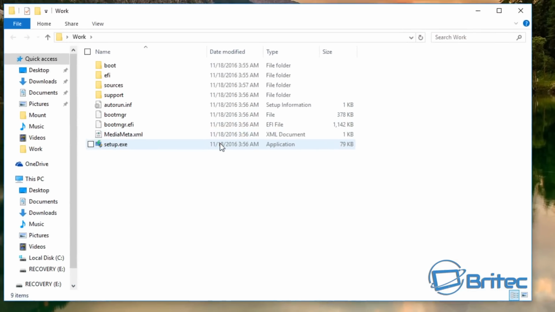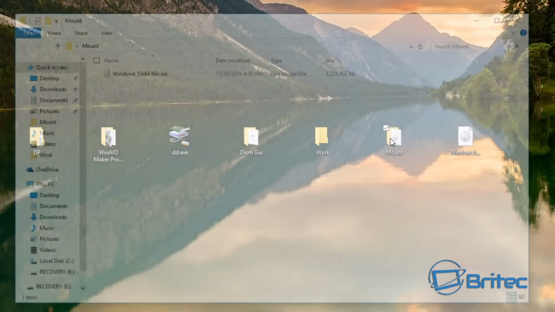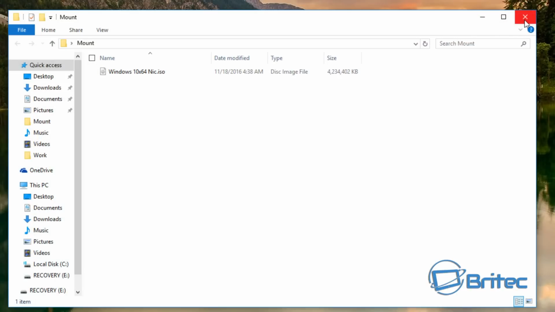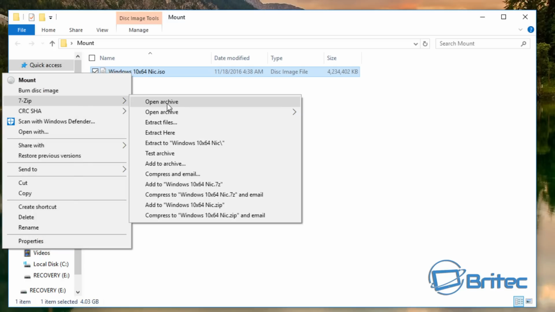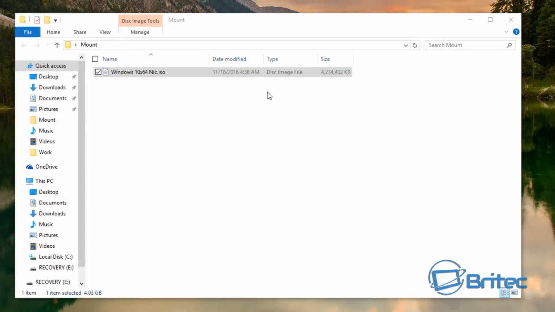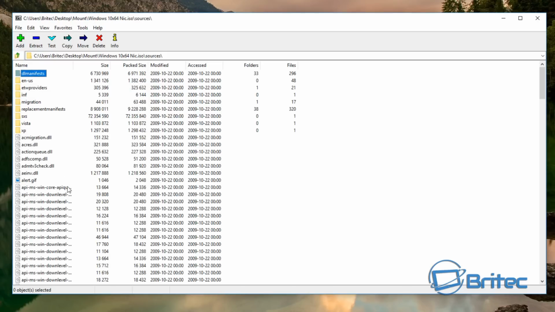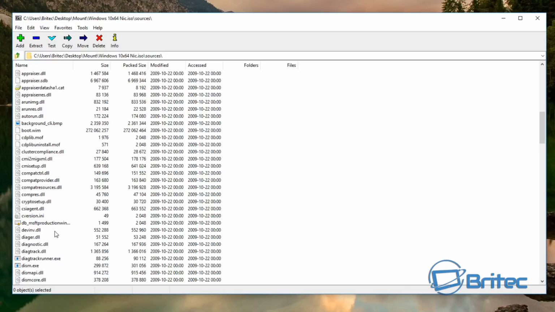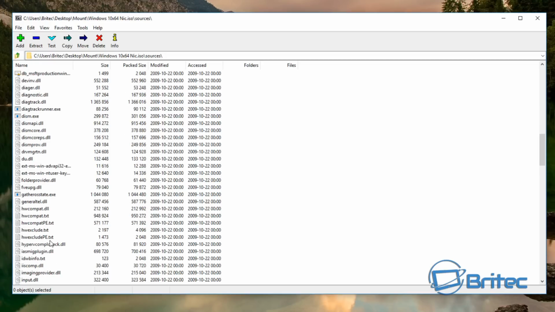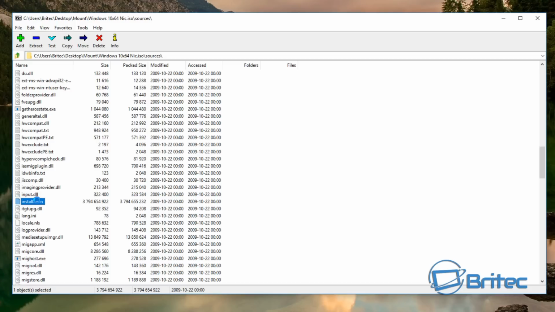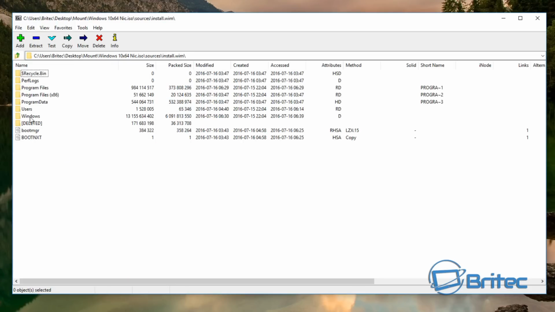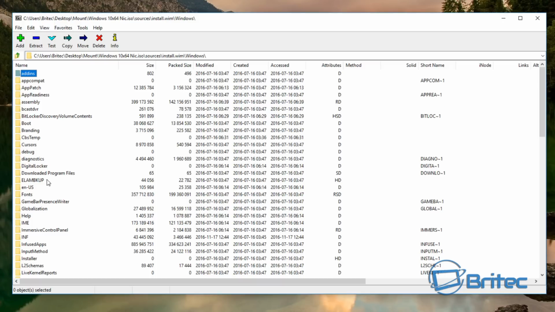And if we go into our work folder, into our mount folder, sorry, we can see our ISO. If I open this up, and I can open up archive, and inside here you will see all your files. And if we go back into sources, and then come down to install.wim, as you can see here, if I go into Windows, System32,